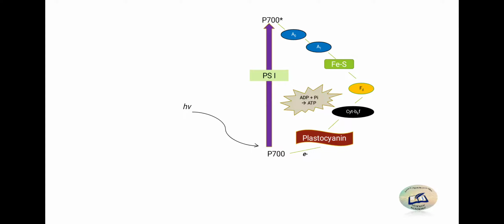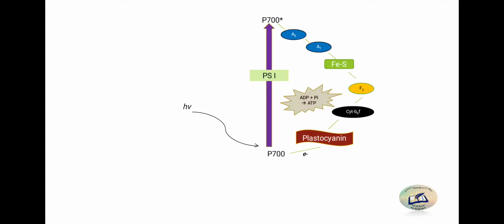Now this is the cyclic flow of electrons during the cyclic process. Let us discuss this figure. You can draw it down in your copy. The photoexcited electrons move from PS1 through ferredoxin to P700 again via the cytochrome b6f complex and the plastocyanins. This electron flow generates an electrochemical proton gradient, and thus ATP formation occurs but no production of NADPH.